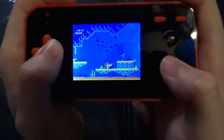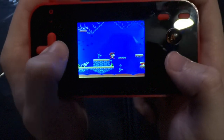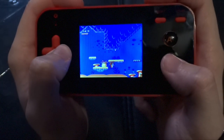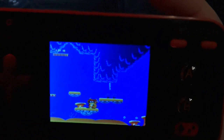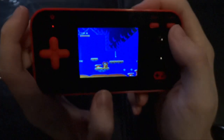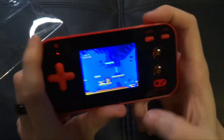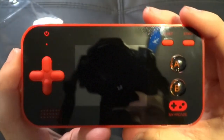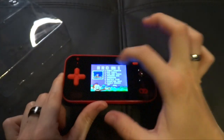So I'm going to go out on a limb and say this is the game that they were trying to sell the console with. Because, why do I keep calling it a console? But whatever. You still can't touch the ground of the ocean. Got it. Yeah, I'm going to go out on a limb and say that is what they were trying to sell this thing with. I'm going to reset it and try a few other things out,